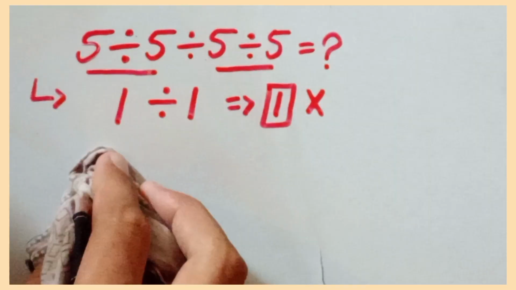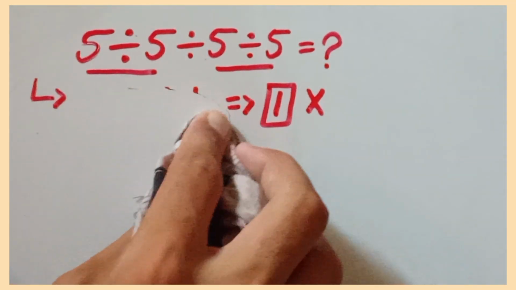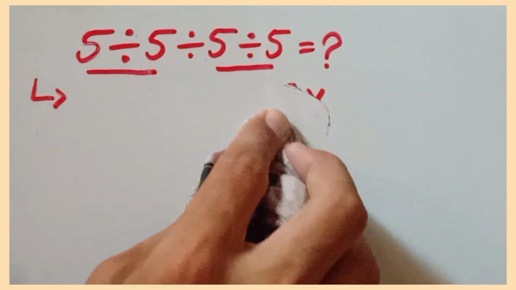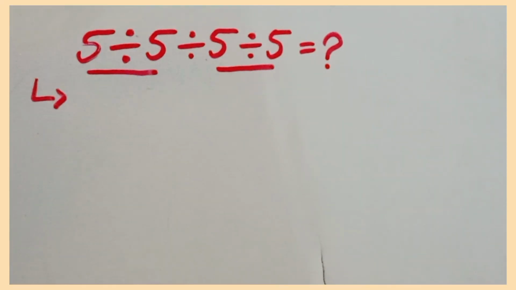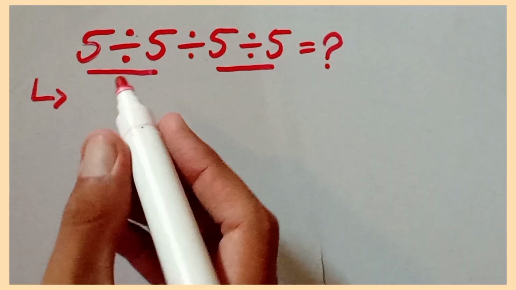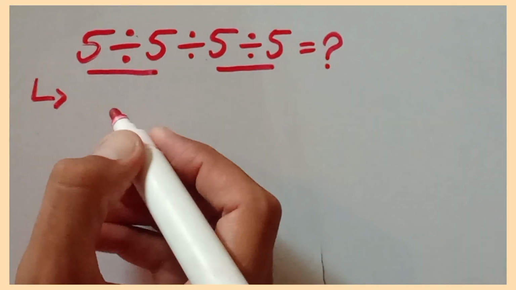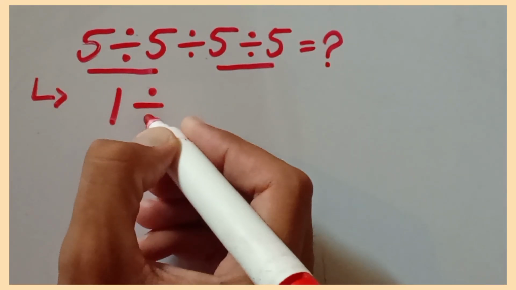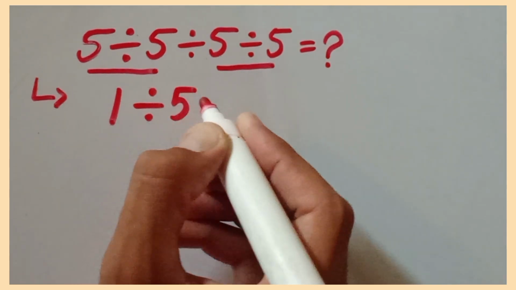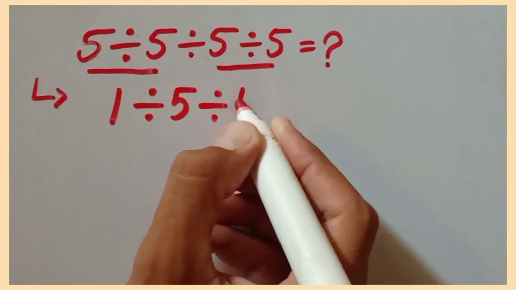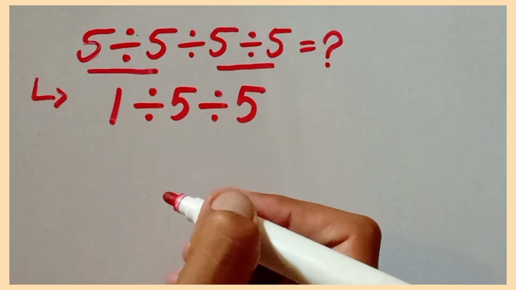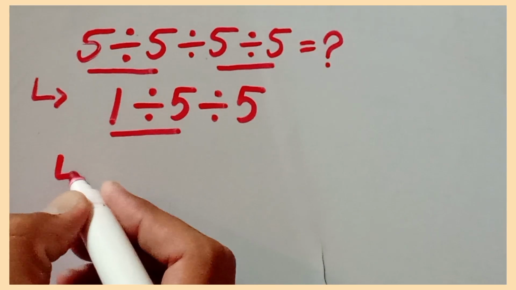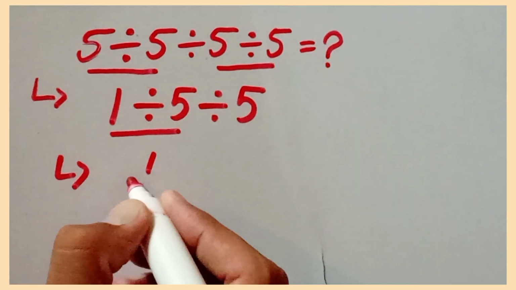in this expression there are 3 divisions included. So firstly we should solve these from left to right. 5 divided by 5, which is equal to 1, divided by 5, I can rewrite, divided by 5. Okay student, now we can write 1 divided by 5 is 1 divided by